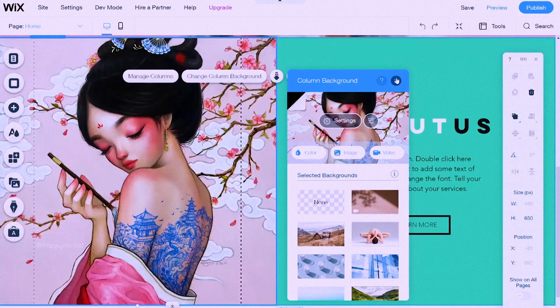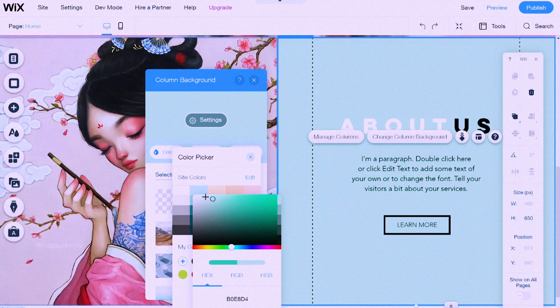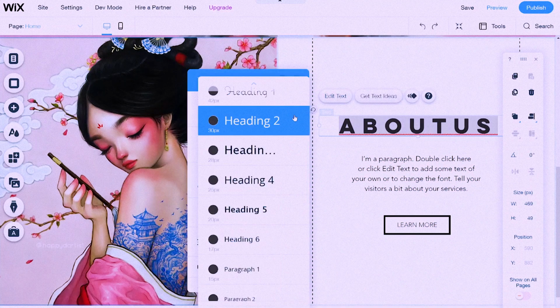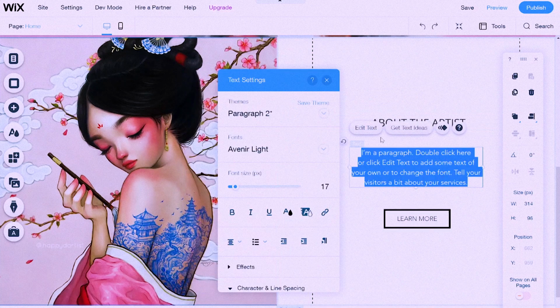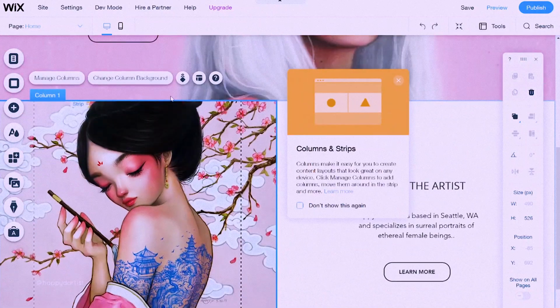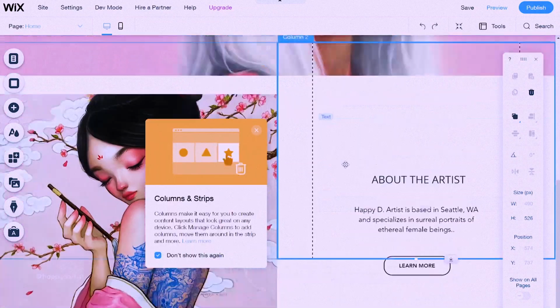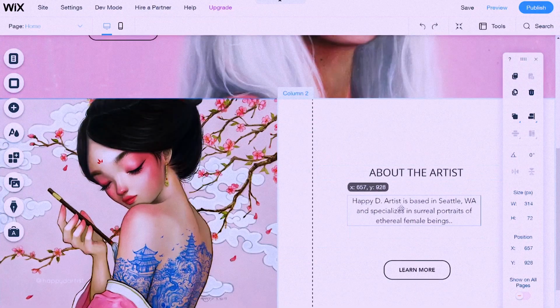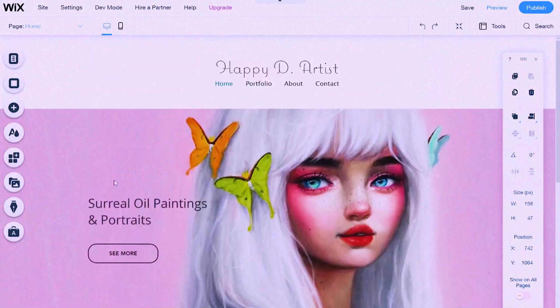And for the text, I'm going to write a quick blurb about myself as a way to just give the viewer a preview of what the About page contains. And similarly to how I created the portfolio preview strip, I'm going to link this Learn More button to my About page so that visitors can easily access it from this section in the homepage.